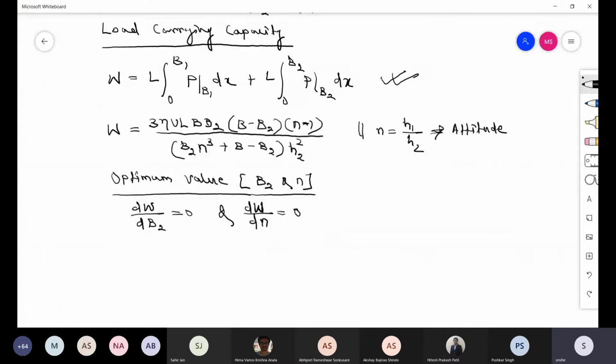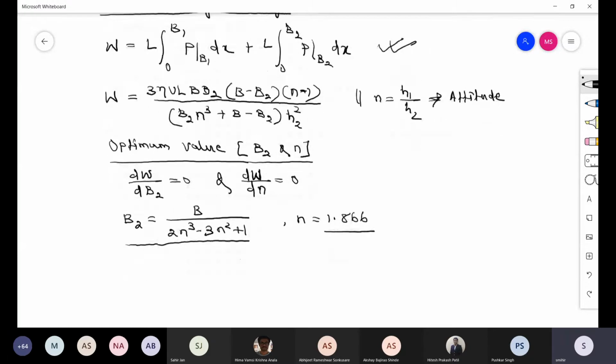If you do that, then you will get B2 and N equal to 1.866. Okay, so if you use N equal to 1.866 and B2 as like this ratio, then you should get